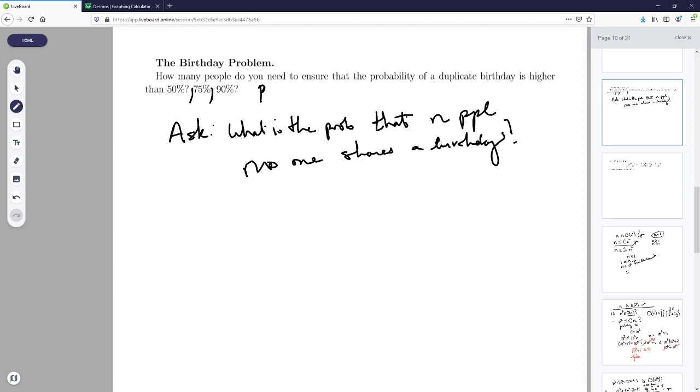And so the way to do this is, if you have one person, they have 365 choices for their birthday, because they know that they're never going to share with anyone else. I mean, technically they only have one choice because it's their birthday, but let's pretend we're allowed to pick amongst all the people in the universe to shove in a room. So we have 365 days. This is person one.